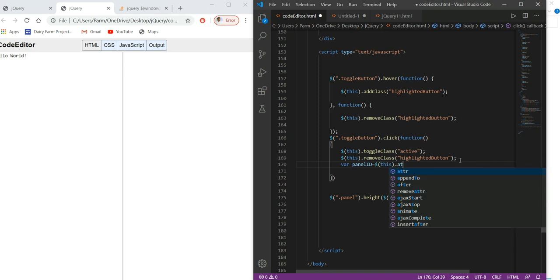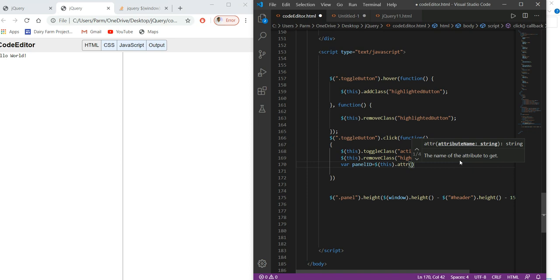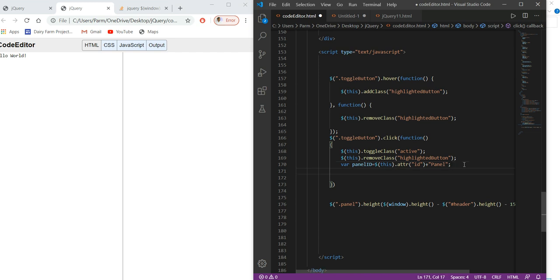So for that I will use the attribute function, and to this attribute I have to get it by id, then to this we have to add the panel. That is done.